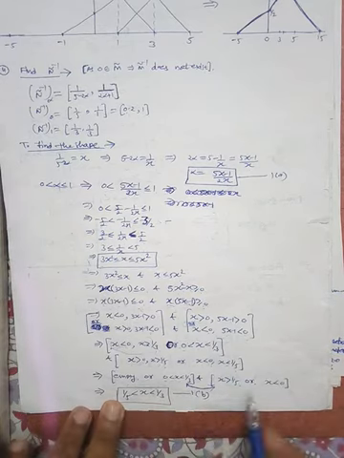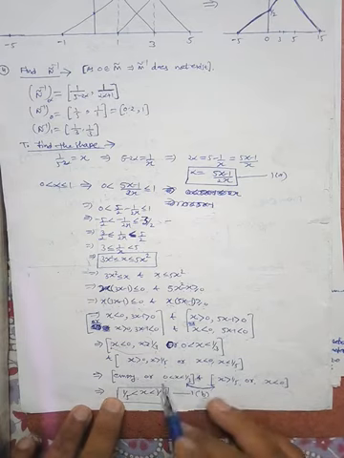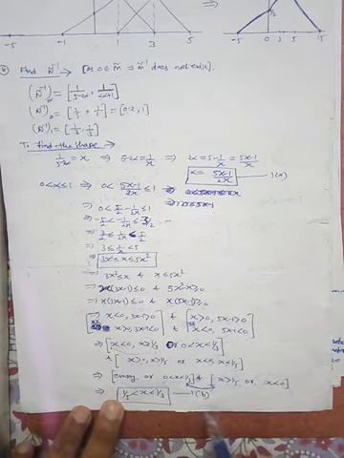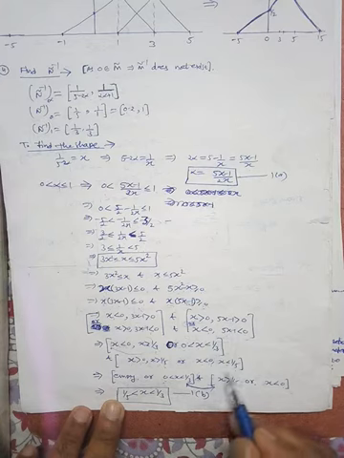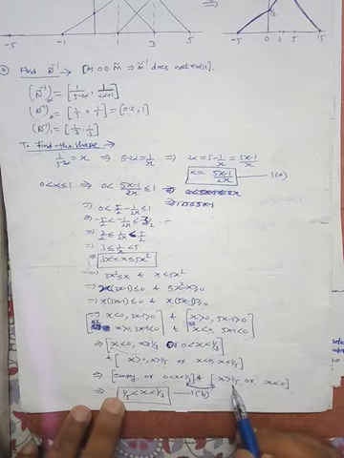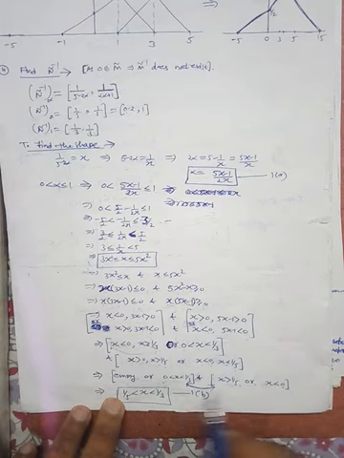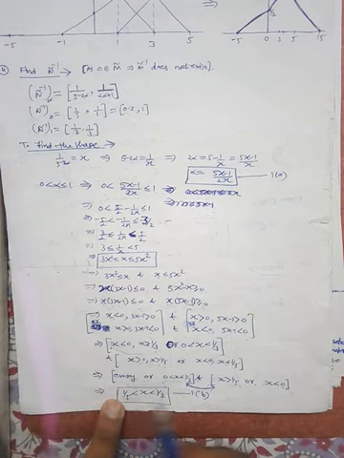Now take the union of this and this. Sorry, the intersection, because this and this is there. So the intersection of these two will provide you x, because here x is between 0 and 1 by 3, and here x is greater than 1 by 5 or x is less than 0. So we will take the intersection of these two. So obviously the intersection will be x varies from 1 by 5 to 1 by 3.